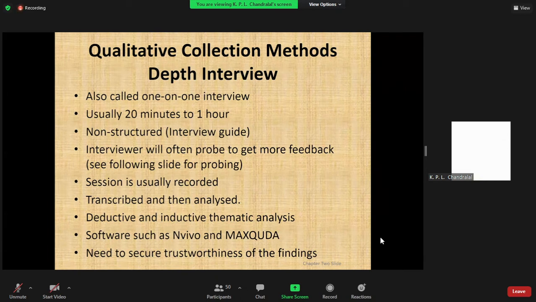You need to be immersed. That is what we call it. You need to get immersed in the answers and try to understand the information from the participant's point of view, what the person is trying to say. Then, when you are familiar and you try to analyze this data in qualitative research, today we have MAXQDA, qualitative data software, NVivo,